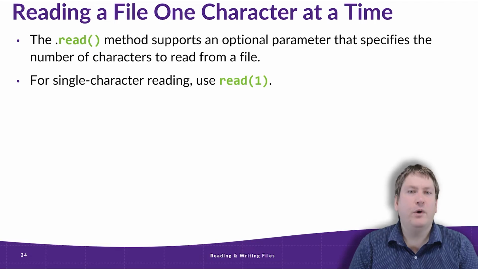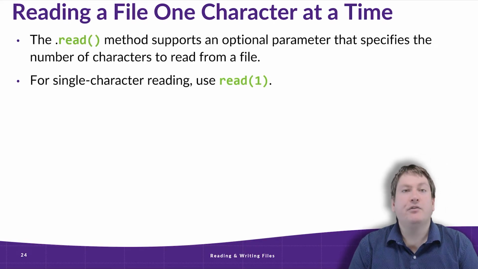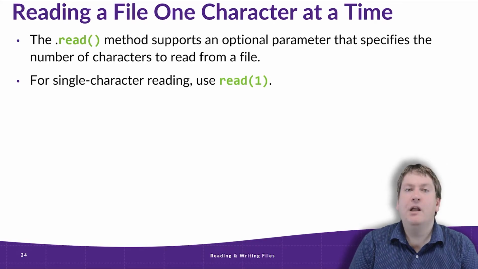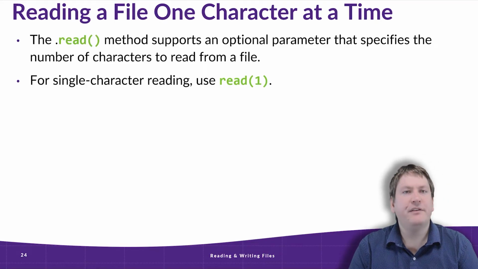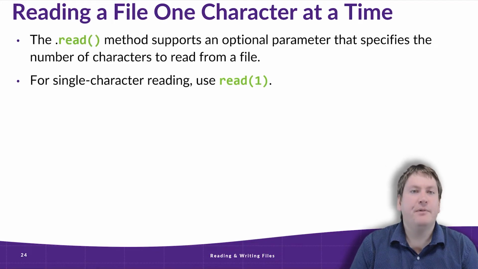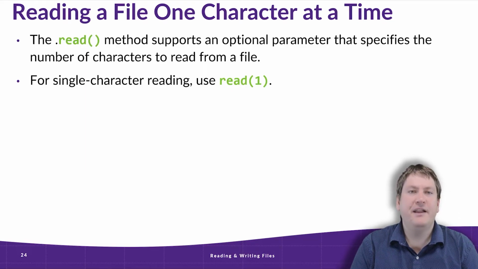So now we're going to look at one last way to read from files. So far we've seen reading a file all at once using read, as well as reading a file one line at a time. But it's also possible to read a file one character at a time. The first time we saw the read method, we didn't give it any parameters or arguments, and it comes back with the whole file as a string, which can be useful for some simple cases, but for more complex cases or really large files,